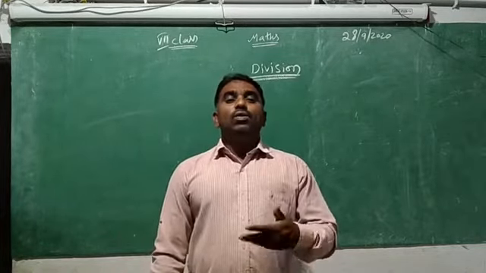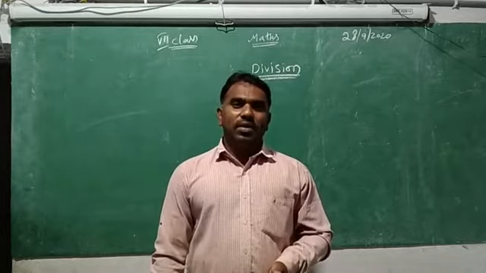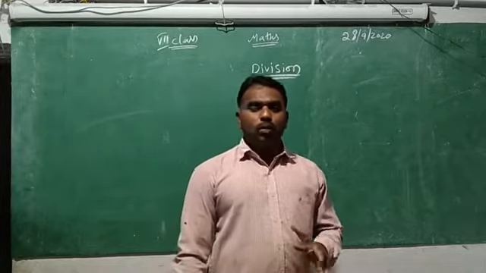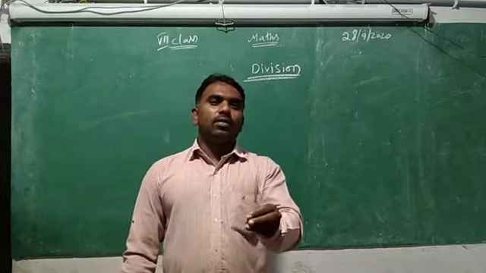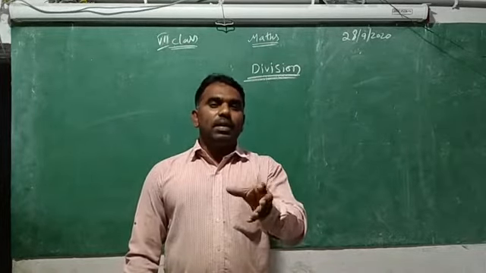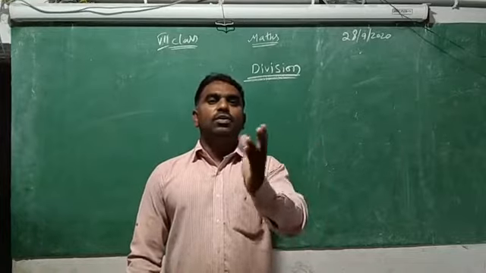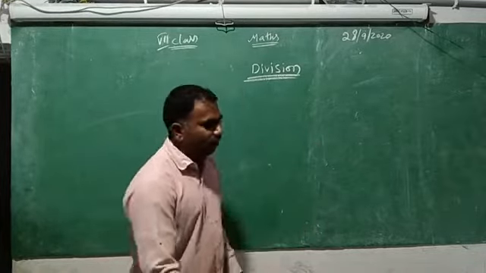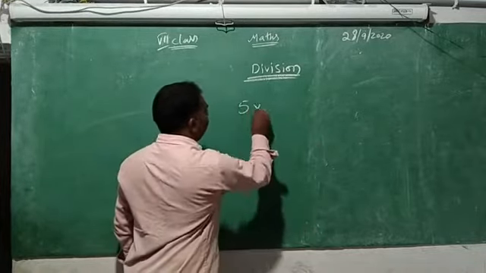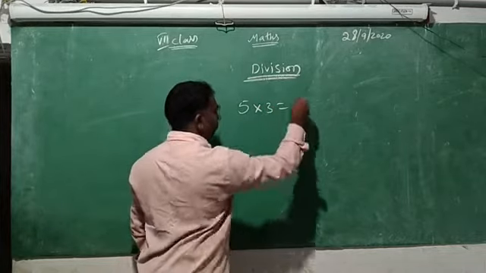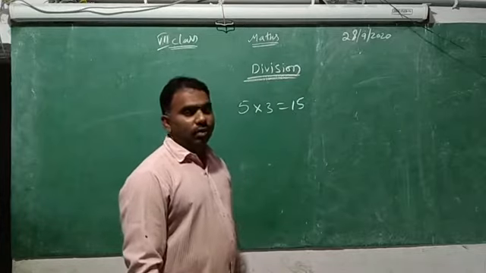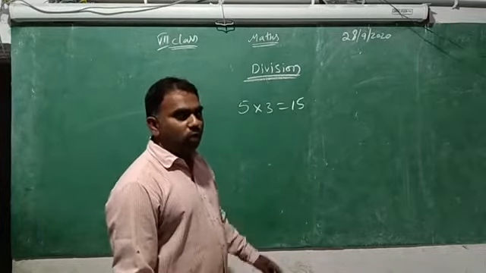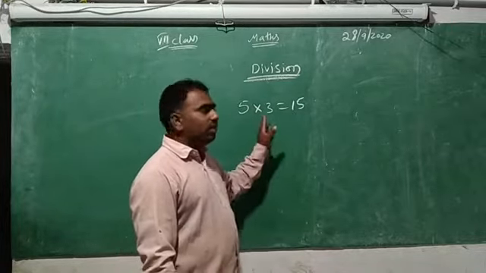So how do we do the divisions? I think you don't know about this well what I am going to say now. The multiplication sentences we will convert into division. How, I will explain this here. You see, this is 5 3s are 15. We know this. 5 3s will become 15.